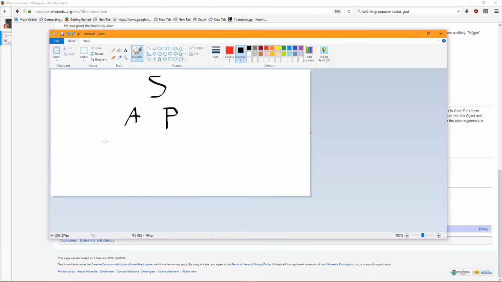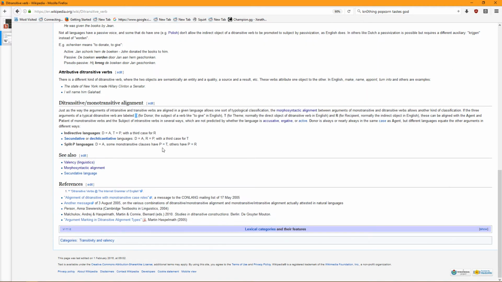which is the subject-like argument in English. So this would be what you would expect, in a nominative language like English, to behave in line with the subject and the agent. So I gave her a book versus I exist versus I hit him. The I there behaves the same. Subject, agent, and donor. The next thing is theme.